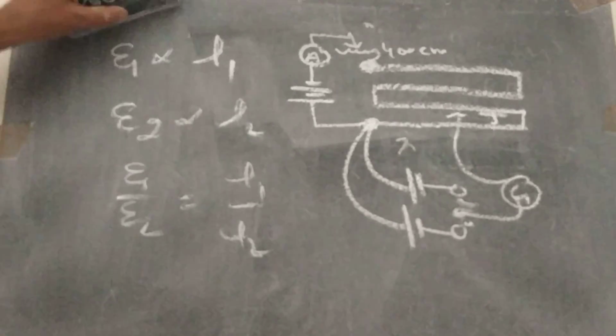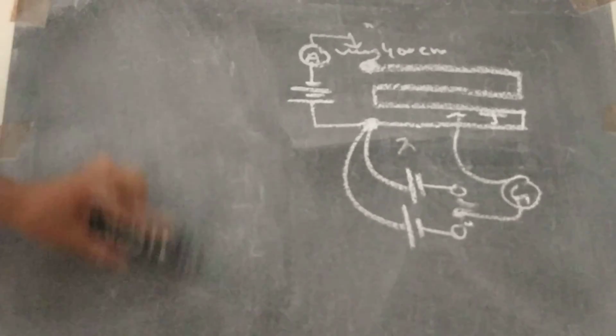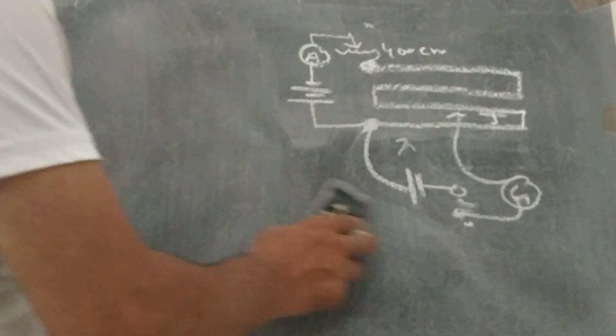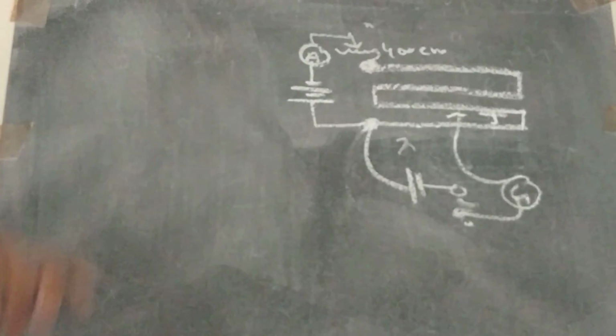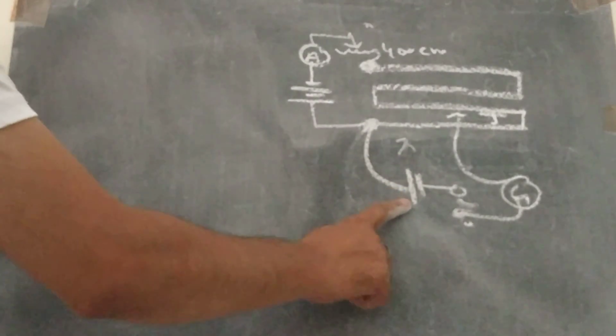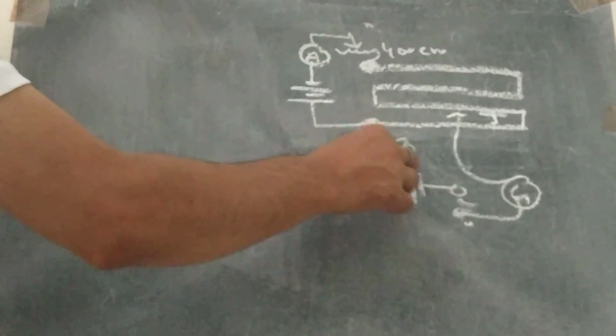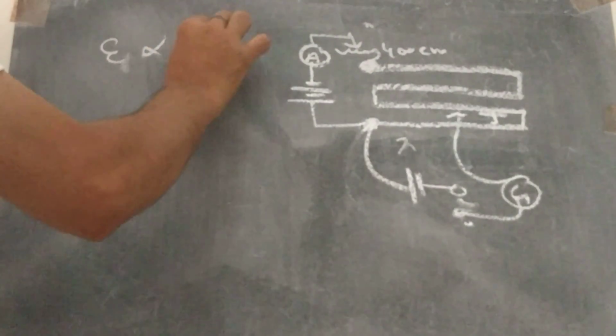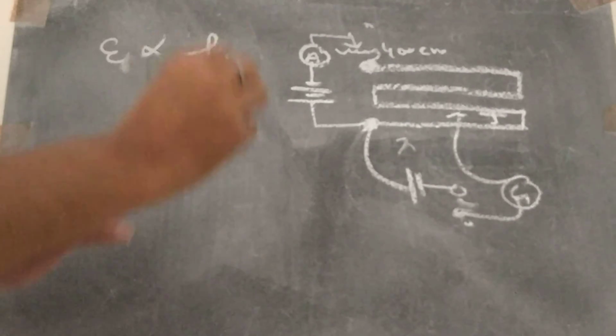Similarly, we can find out the internal resistance of a cell by using this potentiometer in a similar manner. First, if this cell is connected across this circuit and we obtain the null point, then E must be proportional to L1. Now, because